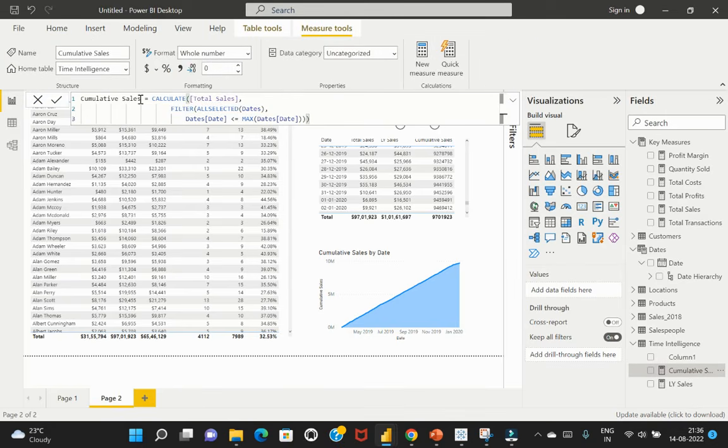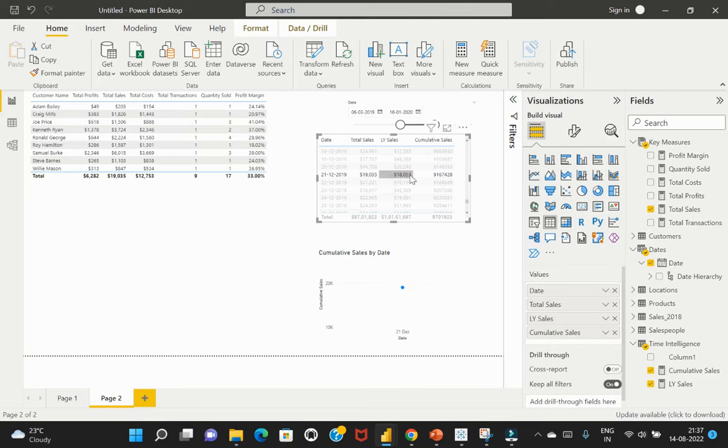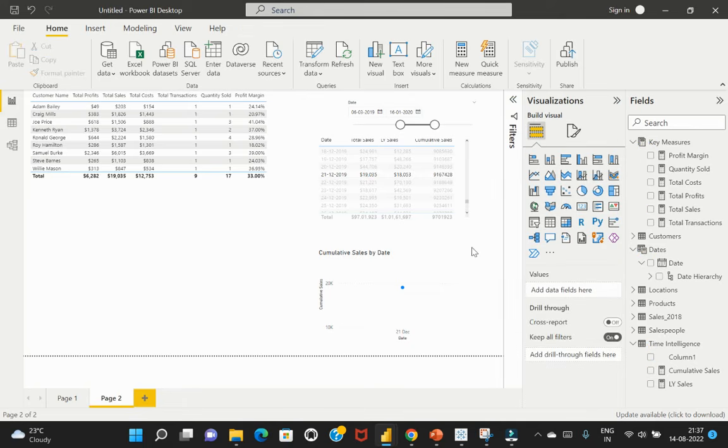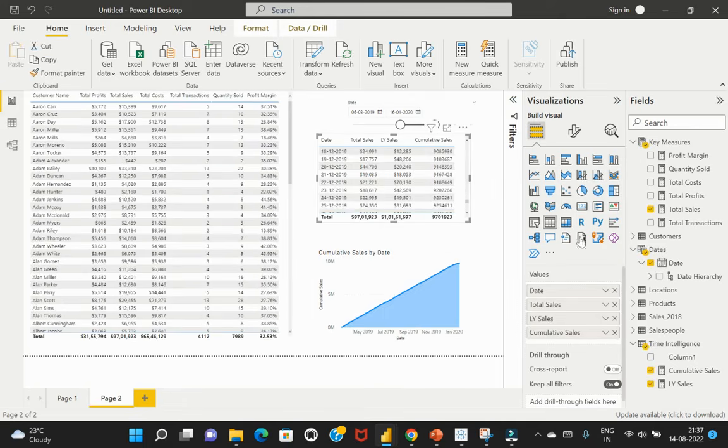So what I'm trying to calculate is cumulative sales. So cumulative sales is nothing but, so for example, if I'm trying to evaluate cumulative sales value for this particular date, right? So for 21/12/2019, then the cumulative sales value would be evaluated based on the previous sales records until then. So it will add until that sales value and give that as a cumulative sales value. So for that, how we have created the logic is by saying